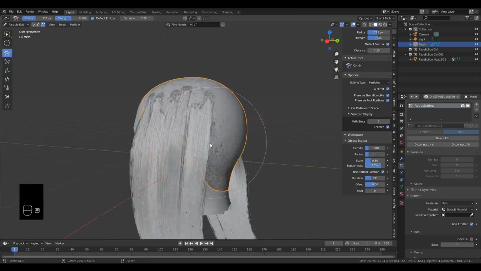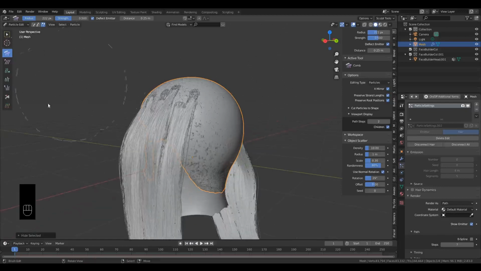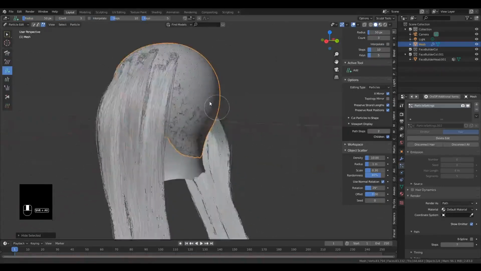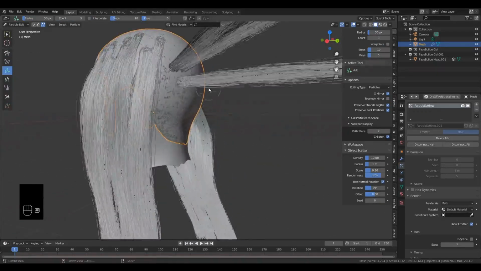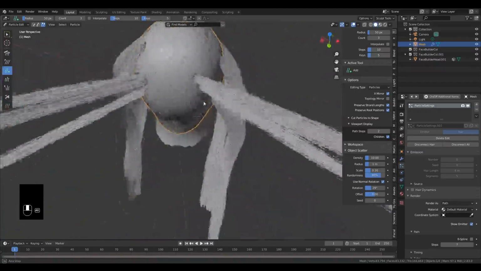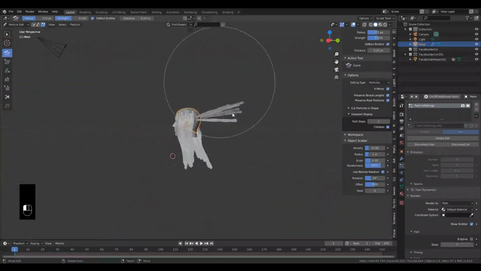Yeah, so I can hide these guys so I won't mistakenly touch them. So H, just to hide them, and then I can add more here. So I go here, I turn off interpolated, and I can add here, there, here. Then what I can do is I can just comb it down. That way,